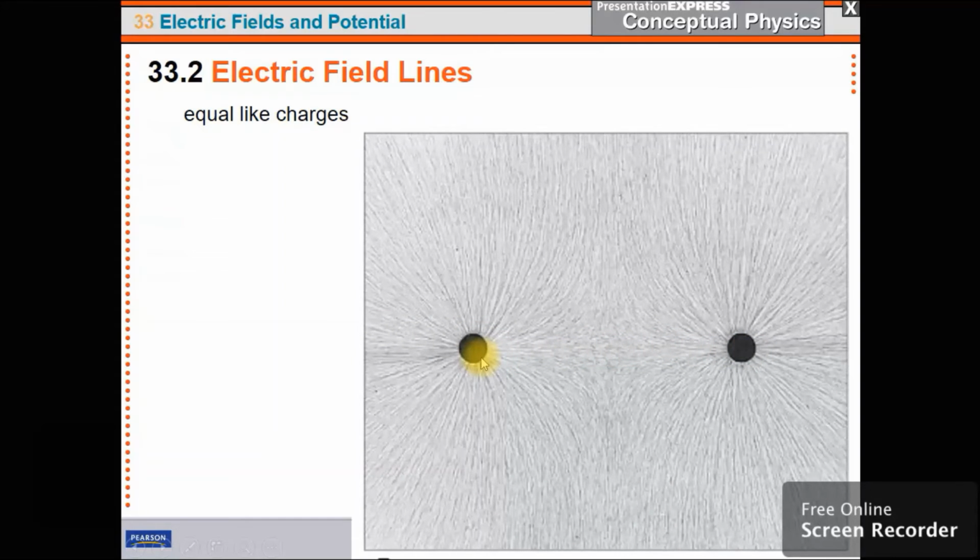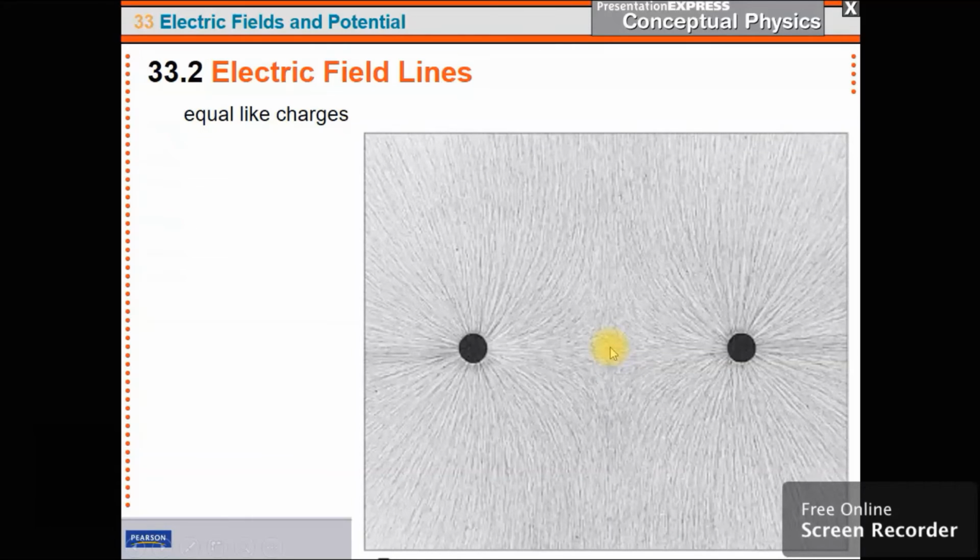There is when the two charges are the same. So they're being repulsed. So this line goes up and off to infinity because this is a positive charge and that's a positive charge. And if you let it go, if there was nothing holding those in place, they would push away from each other.